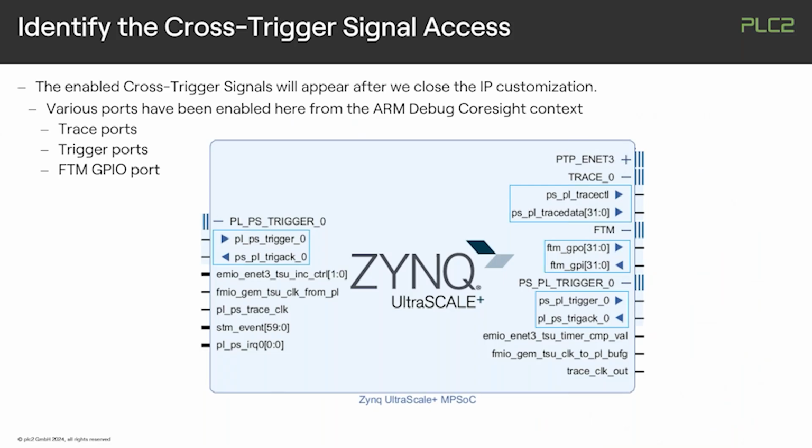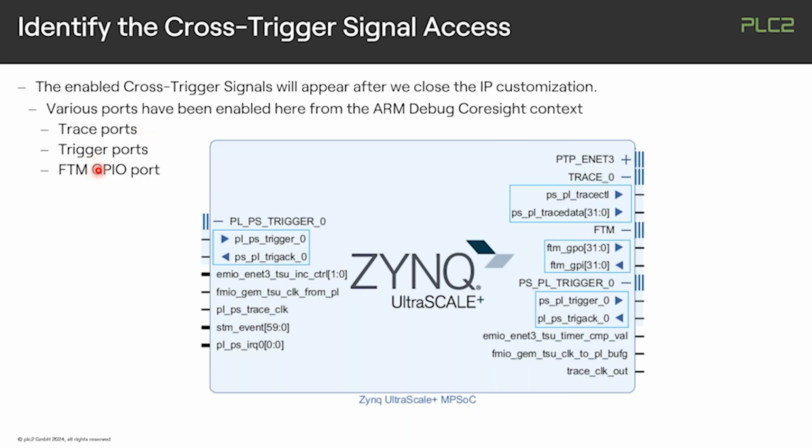Yeah, and the icon in the IP integrator will show us then our enabled cross-trigger signals. So here you will typically identify to have those signals it needs. And in this complex ARM CoreSight structure, you can find the groups of trace ports, of trigger ports, and